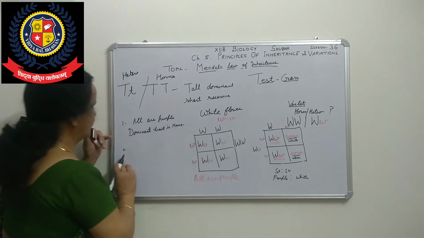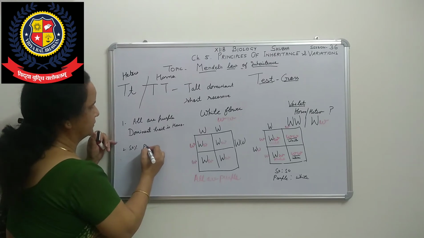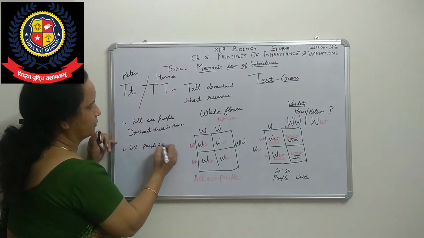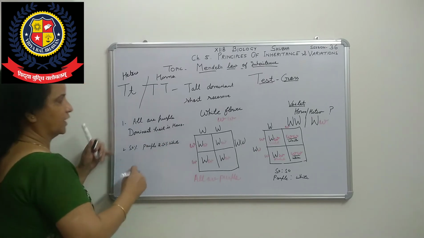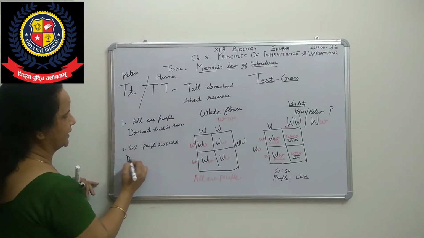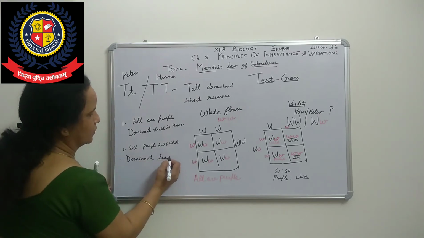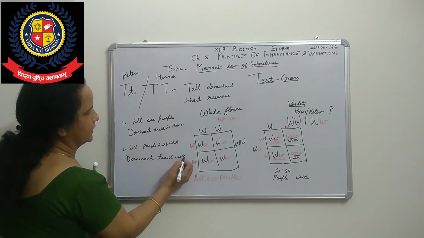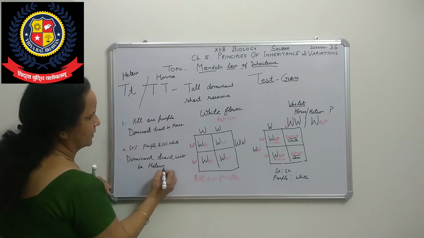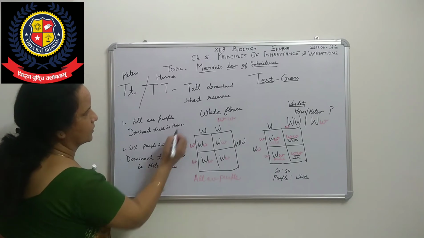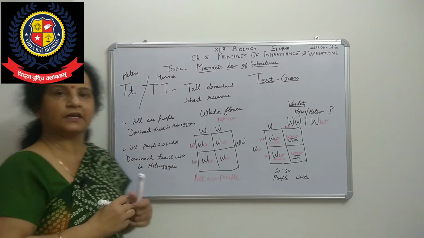50-50, which means 50% is purple and 50% is white, the recessive trait. So then it means that the dominant trait will be heterozygous. Is that clear? It's very important.